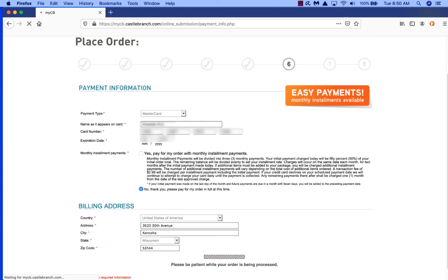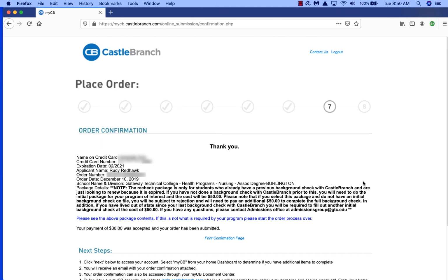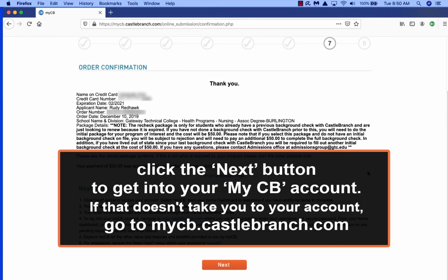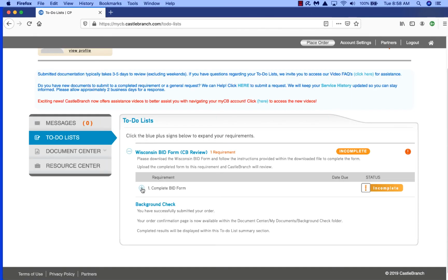If any fields are left blank, you won't be able to move to the next step. If all fields are complete when you press Submit, you'll be taken to the Order Confirmation screen. When you see this screen, you know your order was submitted. If you don't see this screen, log into your MyCB account and look for the Wisconsin Caregiver Background Check with